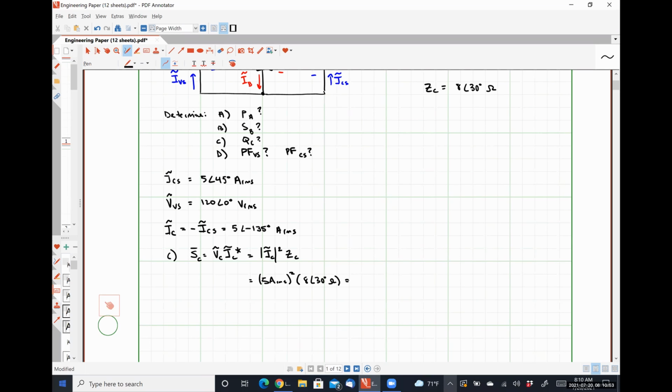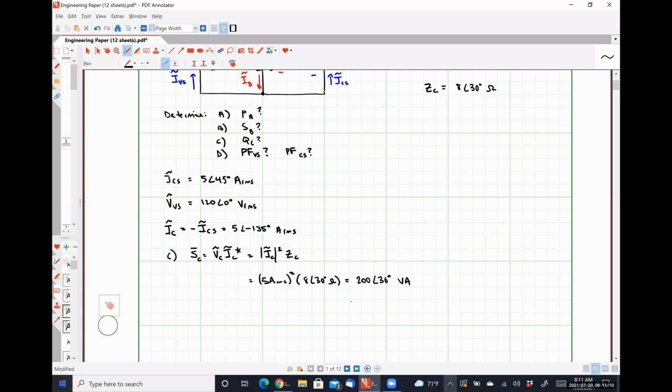So 5 squared times 8 angle 30, 25 times 8, so it's going to be 200 angle 30 degrees